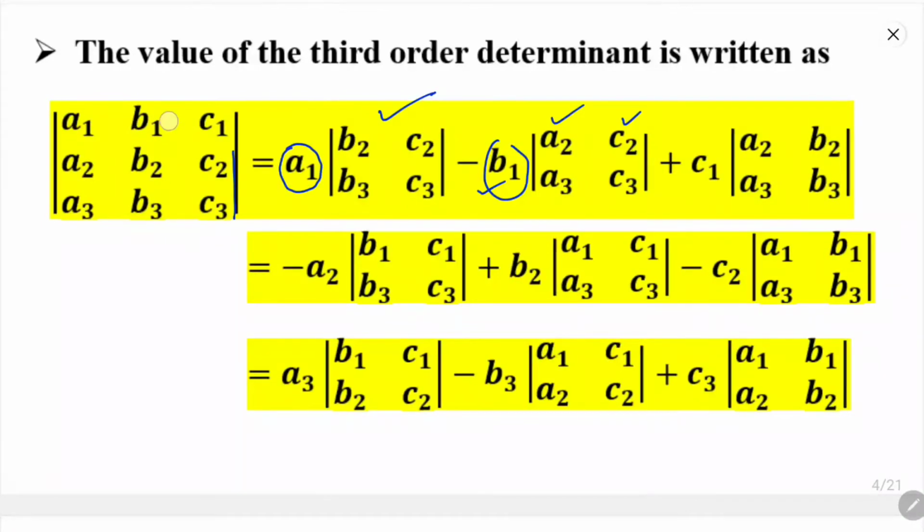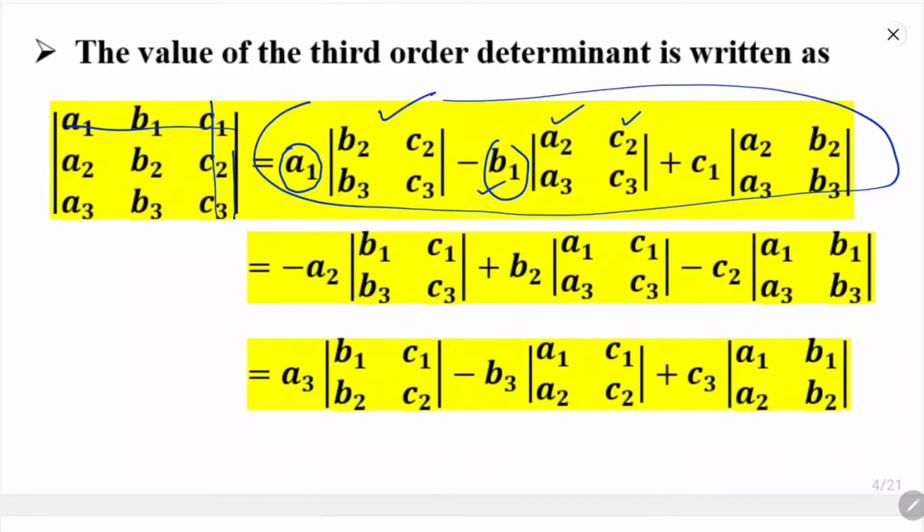Now hide C1. What you see? A2, B2, A3, B3. Write down this in multiplication of C1. Now solve this. You will get the value of the 3 cross 3 determinant. Yes, we can find the value of this determinant